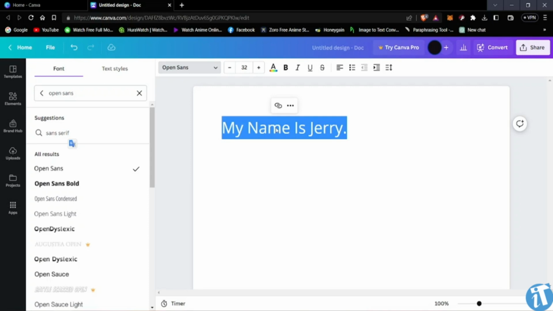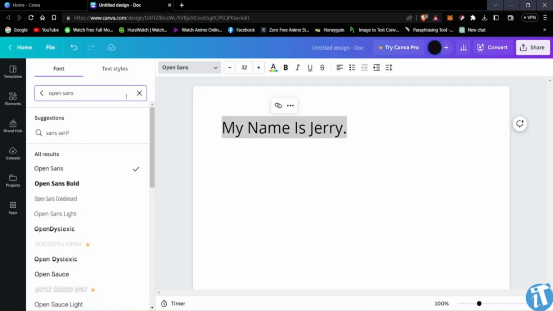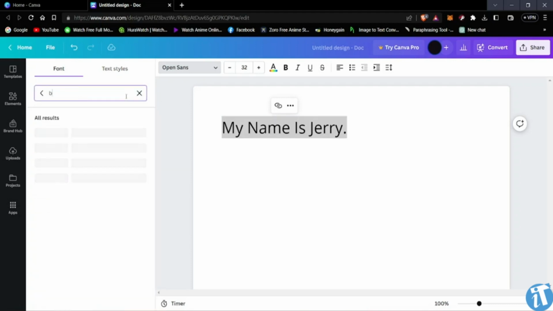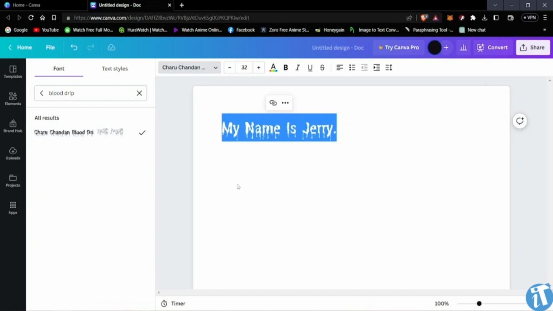Okay, now the second one is a bit loony, and it's best if you're making something like Halloween themed content or project, or anything spooky that you're making. You can actually find one font here which is called Blood Drip. Now the Blood Drip font, it's pretty fun. If I just click on Blood Drip right here, you can see that the Blood Drip is